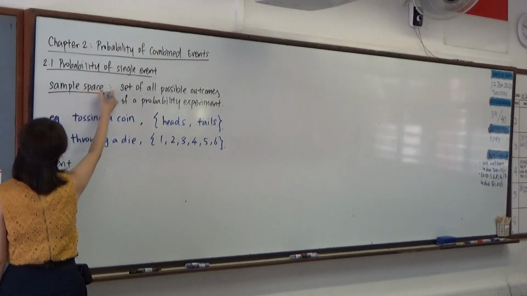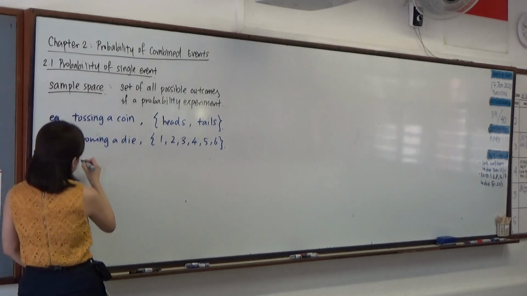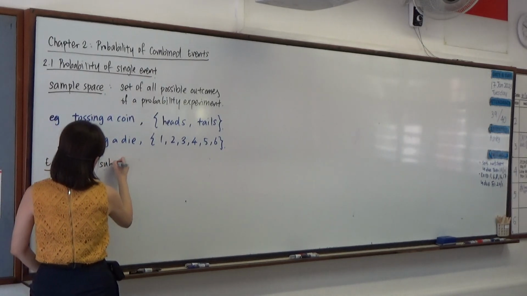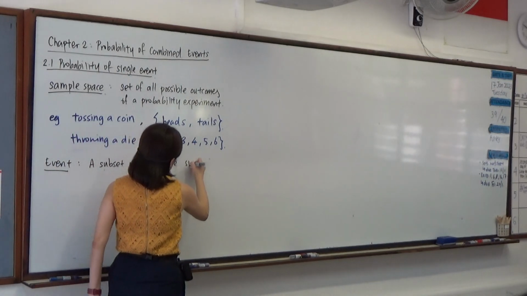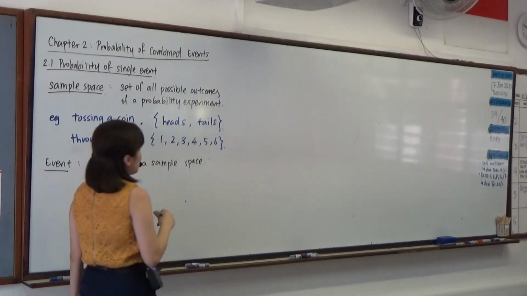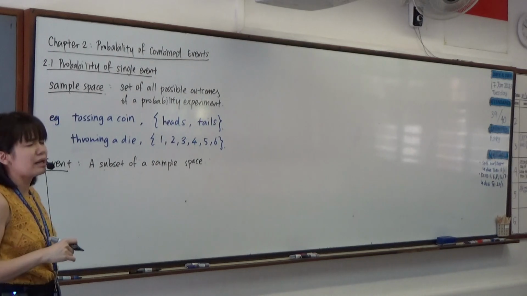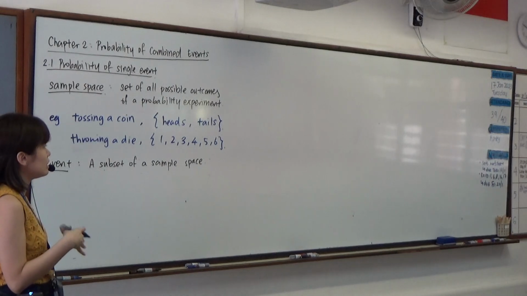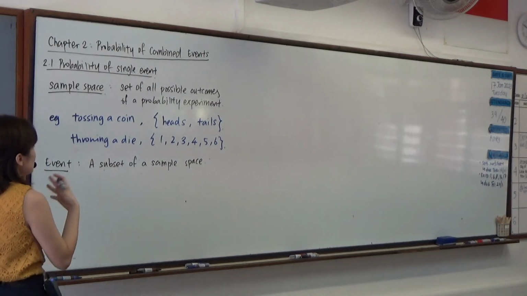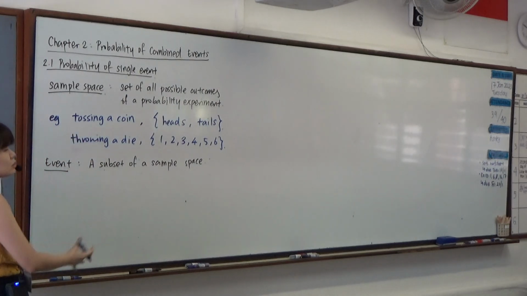Back in Sec 2, we also touched upon the word event. An event is a subset of a sample space. Notice that although we came across these words in Sec 2, we did not quite relate them to the idea of set before. It is because set itself is only touched upon in Sec 4. Now that we have understood the idea of set, we may be able to appreciate these terms, sample space and event, better.